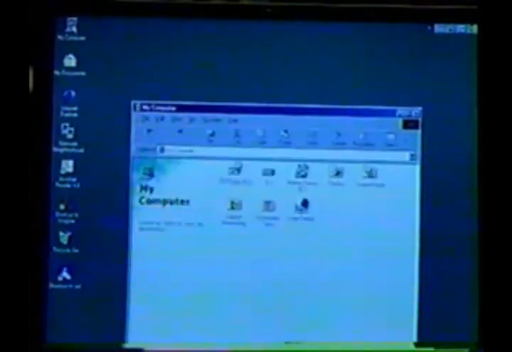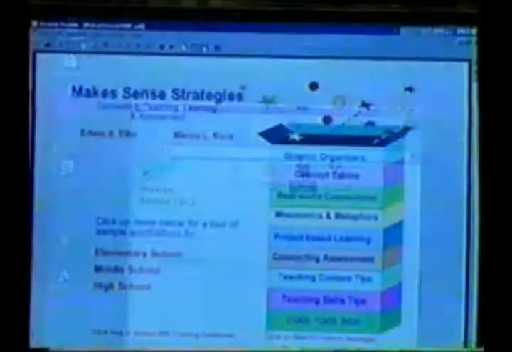So to begin with, you should put your CD in the CD drive, and your screen of your computer will look like this. So what we'll do is we'll click on My Computer, and your screen will look similar to this. And what we'll do is we'll go over to the icon that looks like a CD, and it'll say Make Sense on it. So I'm going to click on that, or double click it, and your next screen will look like this. Now you'll notice that there are several things on this screen. One of them says click here to begin, and so I'm going to click there,